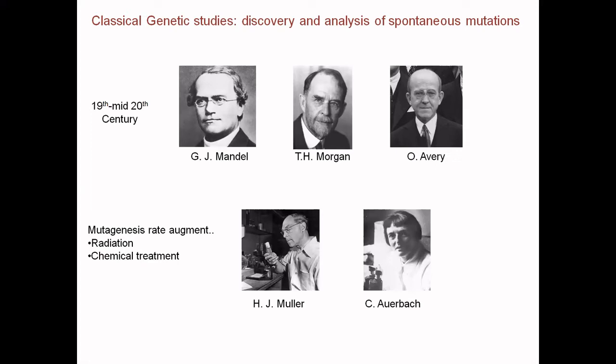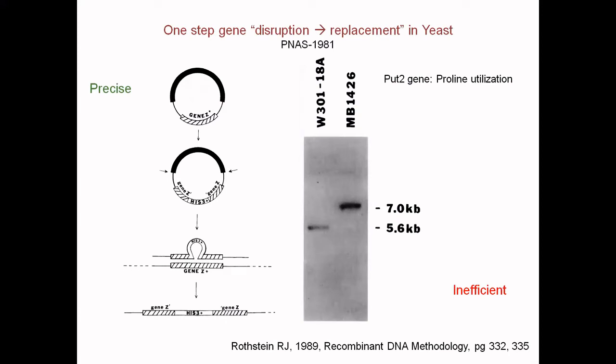Then the time of the mid 20th century, in 1953, Watson, Crick, along with Franklin and Wilkins discovered the double helical structure of the DNA, where three of them got the Nobel Prize in 1962. After that, in 1979, for the first time,